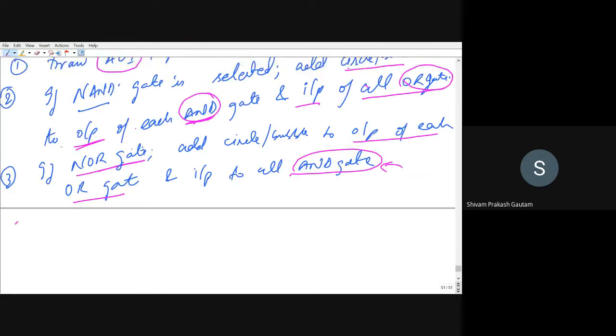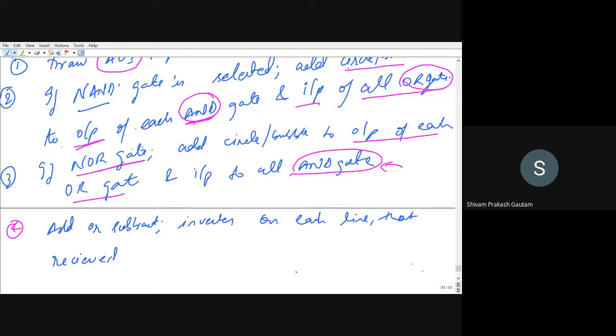Then step number 4. Add an inverter on each line. Each line means each wire, you can say, that received a circle or bubble.